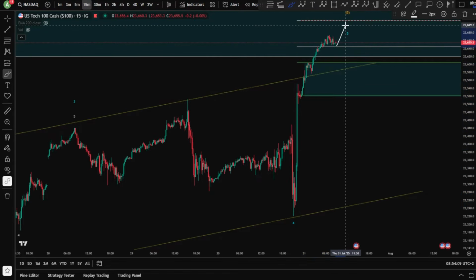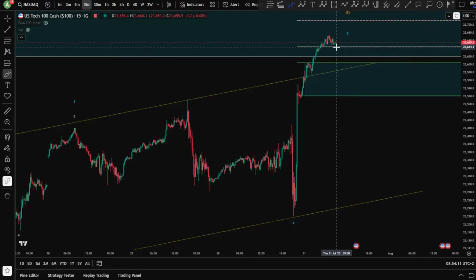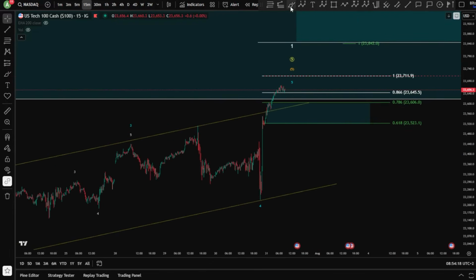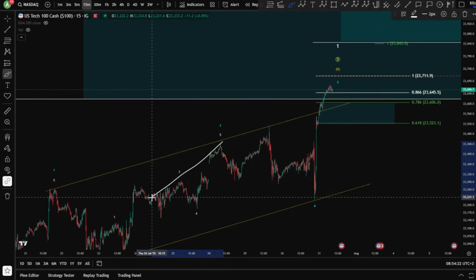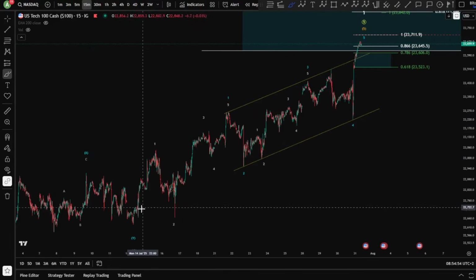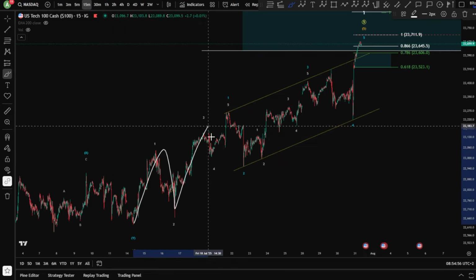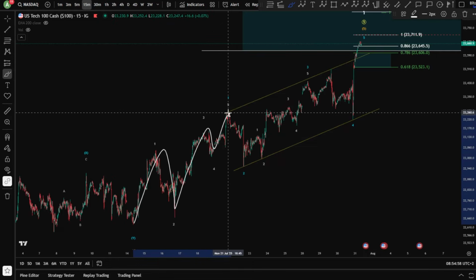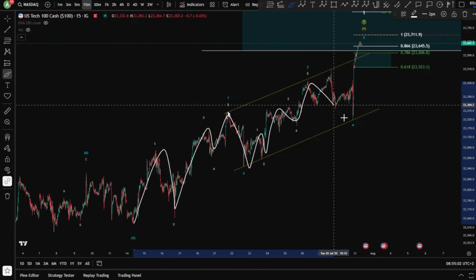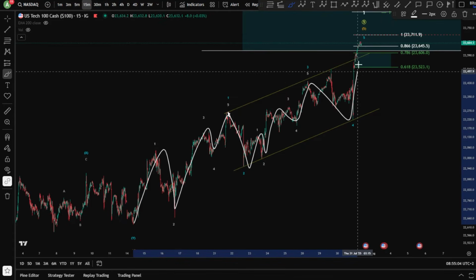Now, this wave 5 of wave 5, if it hits the one-to-one fib level here, we have to be careful. We might reach a longer wave 5 than the wave 3, and that means there is no diagonal anymore. The ending diagonal is gonna transform to a double 1, 2, as we have a leading diagonal wave 1, wave 2, 1, 2, 3, 4, 5, for a wave 1 again, and wave 2, unfolding here,